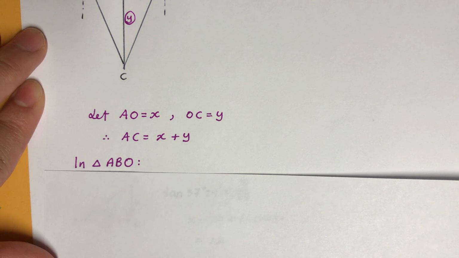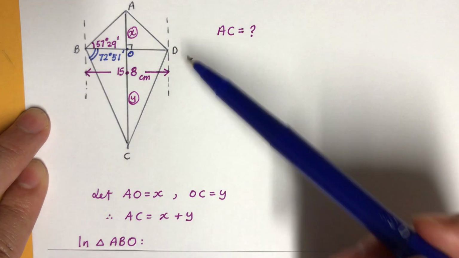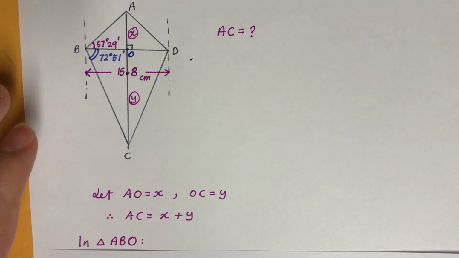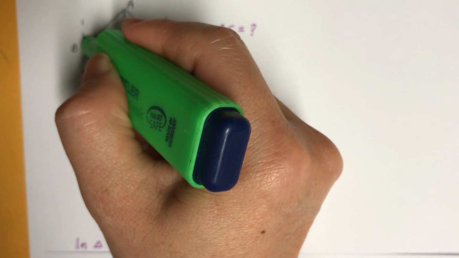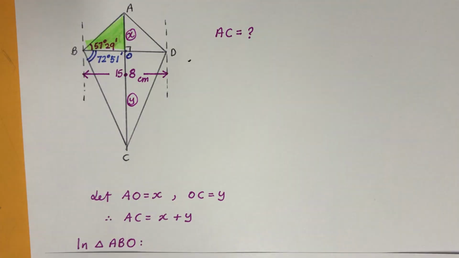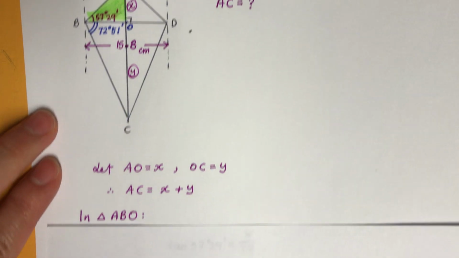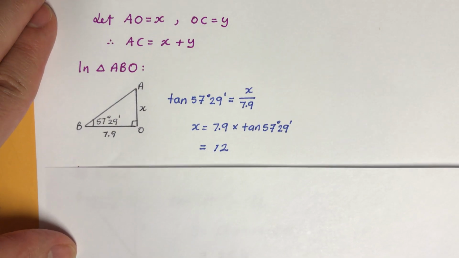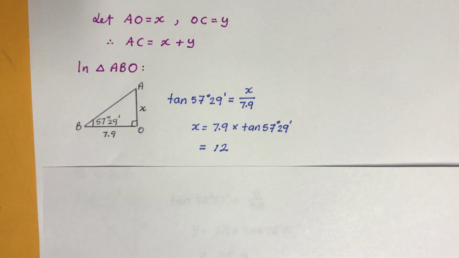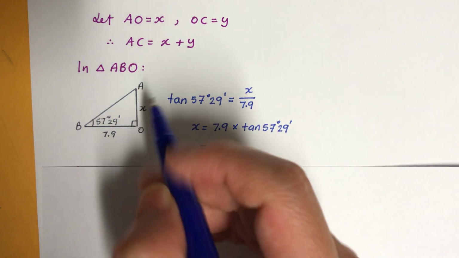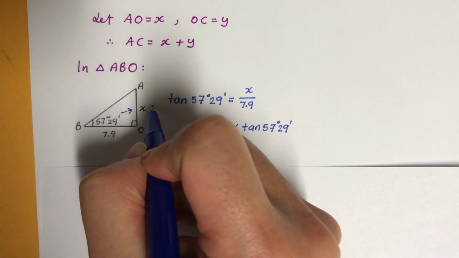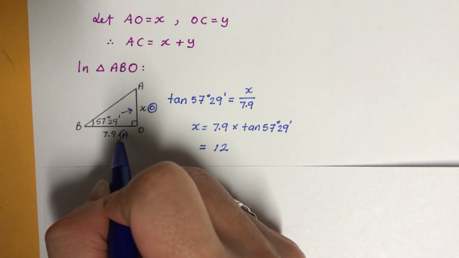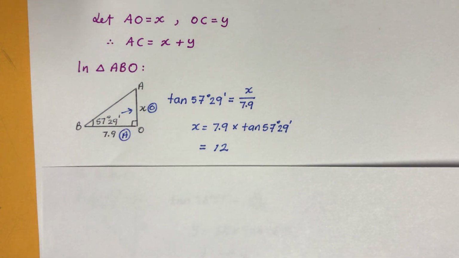In triangle ABO, let's have a look. ABO, this one. We're looking at this one. So I'm just going to highlight this. So just remember that. So I'll just sketch this again. So we need to find the X. X is opposite, and the one with the two angles would be adjacent. Okay, so with SOHCAHTOA,